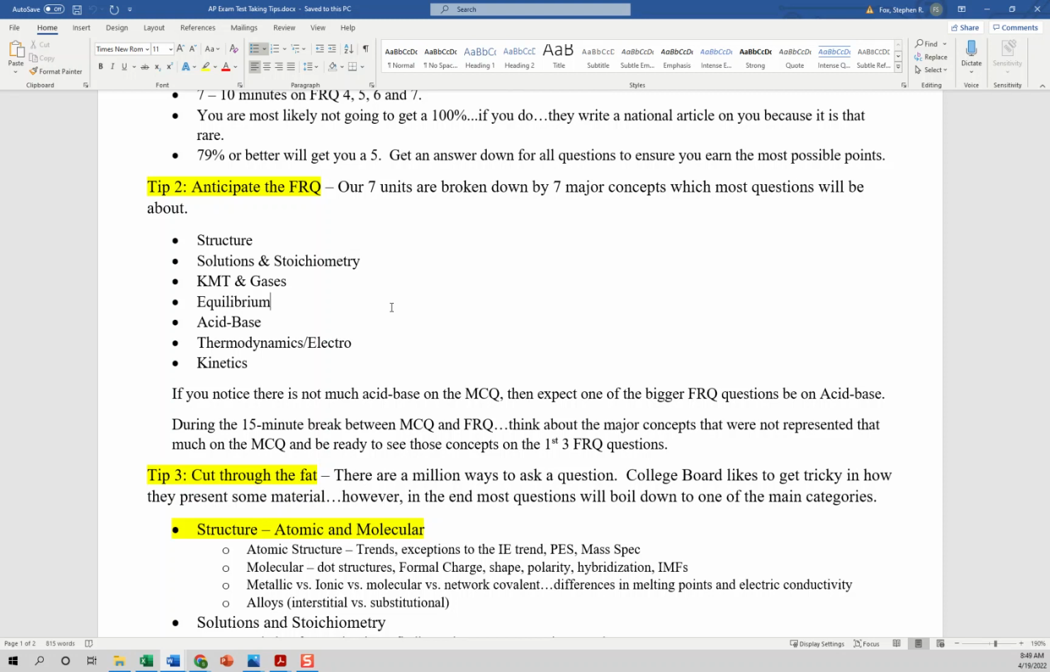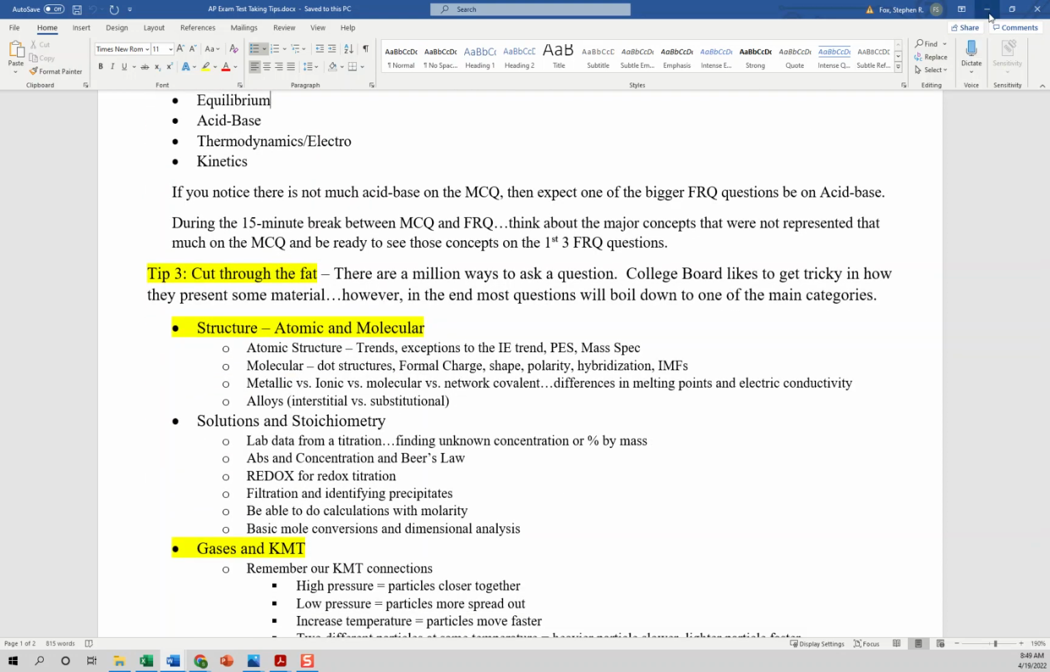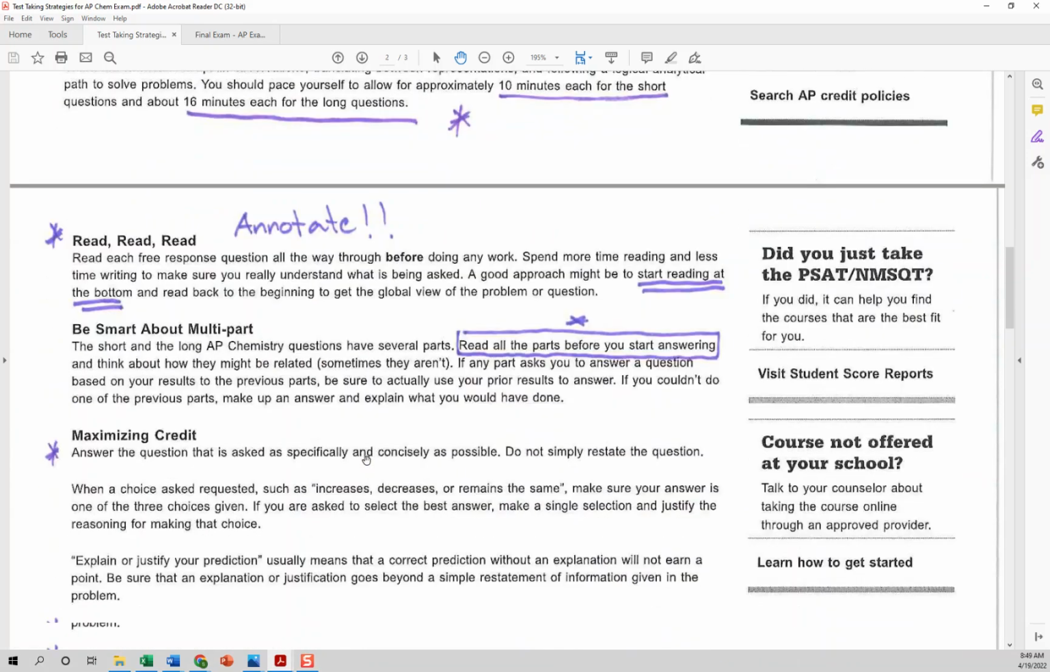And be like, oh yeah, question 1, it's an acid-base, and I was expecting it. I'm right into acid-base mode. Question 2, it's all thermo and electro, and there was not much thermo and electro on the multiple choice, and I already figured that out, so I'm ready to go. Okay? All right, so this handout is released by College Board, and it kind of has all the test taking strategies